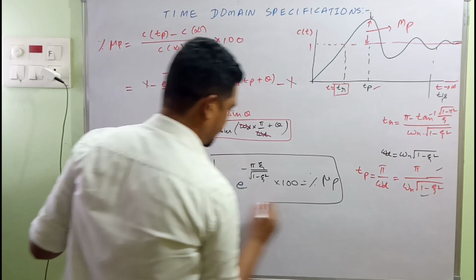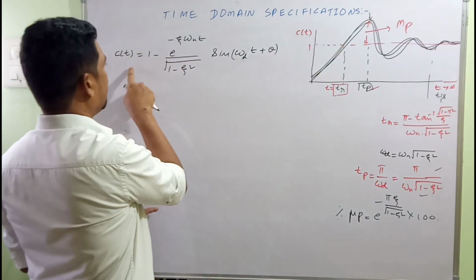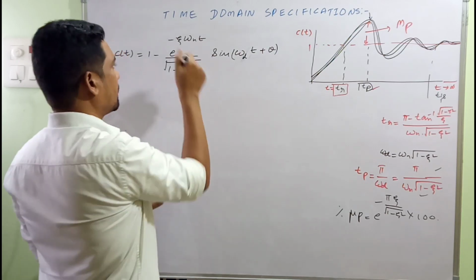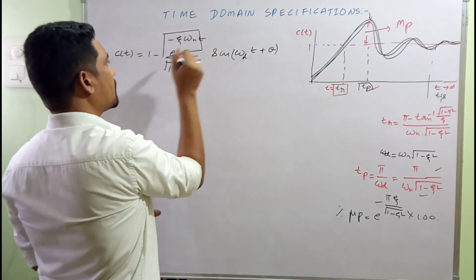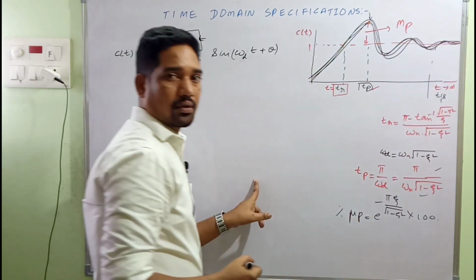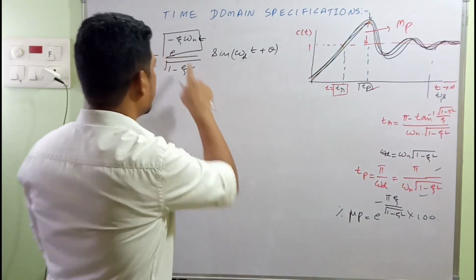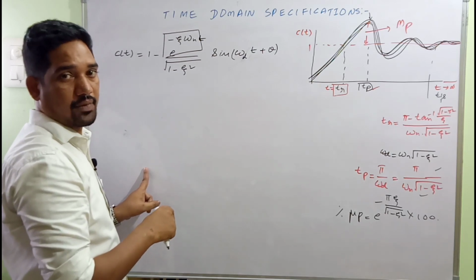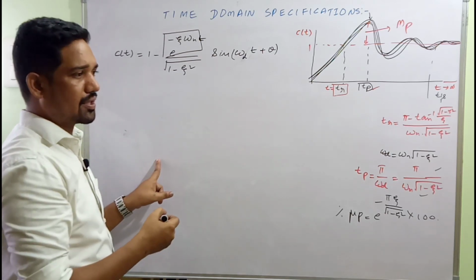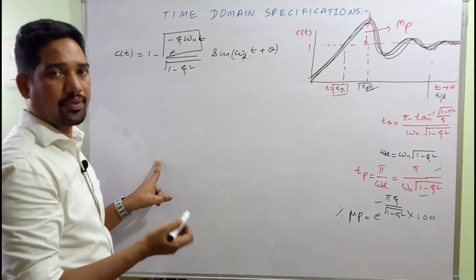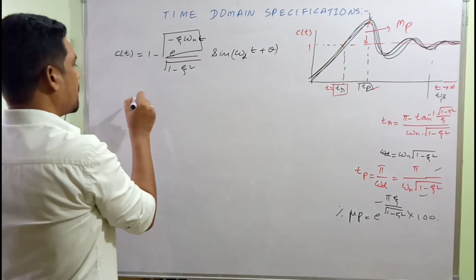Guys, this is the expression. So getting back to the expression for the response of the second order system, now this exponential term is responsible for damping. Making use of that term, we can evaluate the expression for Ts, the settling time. And it will be asked to evaluate that expression for settling time for a 2% tolerance, 5% tolerance, etc. For 2%